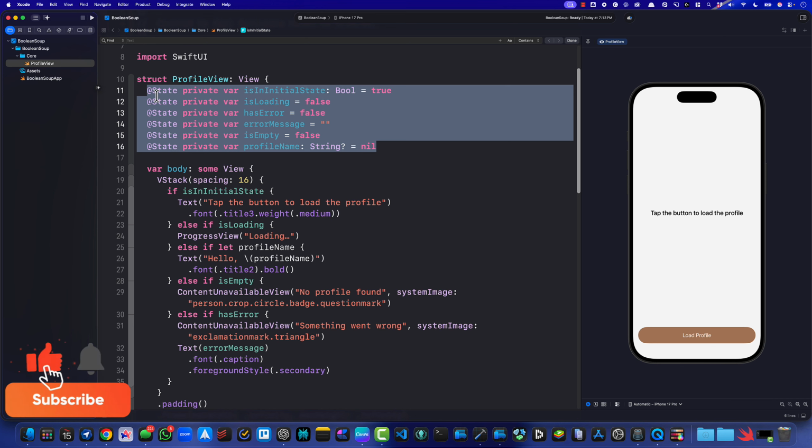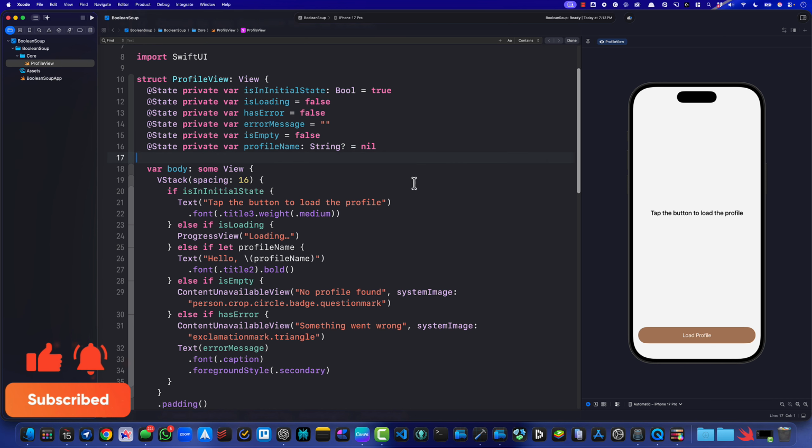So let me show you what this is, right? This is just the profile app. When you go into it, you see a little text saying tap the button to load the profile. What we're trying to do is load a profile for the user, right? So the initial state will be this: you just have a text saying, hey, tap the button to load the profile. And then we're going to have a button to actually load the profile. That button, when you trigger it, it'll load. And then when it loads,